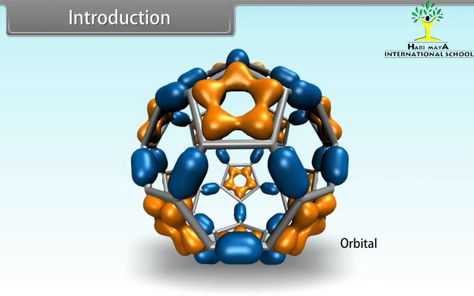Orbitals are characterized by a set of numbers known as quantum numbers. The energy, size, shape and orientation of the electron orbital can be specified by the use of three quantum numbers. They are the principal quantum number, azimuthal quantum number and magnetic quantum number. So, throughout this lesson, we will learn the quantum mechanical model of the atom.